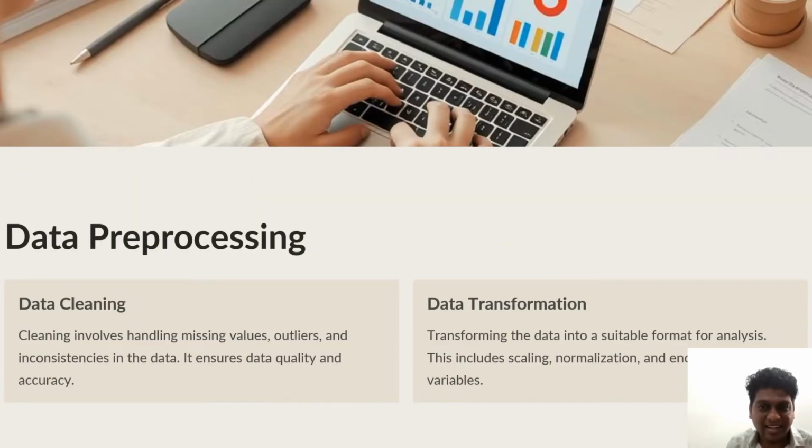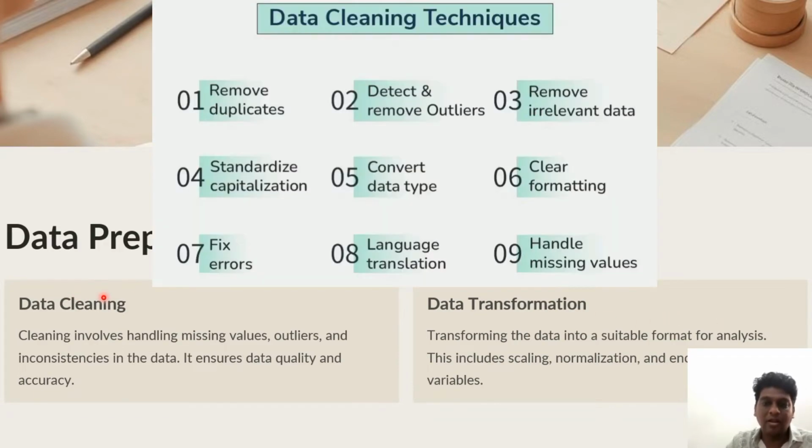So data cleaning and data transformation. These are very critical steps in data preparation to ensure data quality and usability for analysis or modeling. In data cleaning, normally they focus on detecting and correcting the errors, inconsistencies, and inaccuracies, etc. to improve the quality. It handles the missing data, then removing the duplicates and fixing some structural errors and then